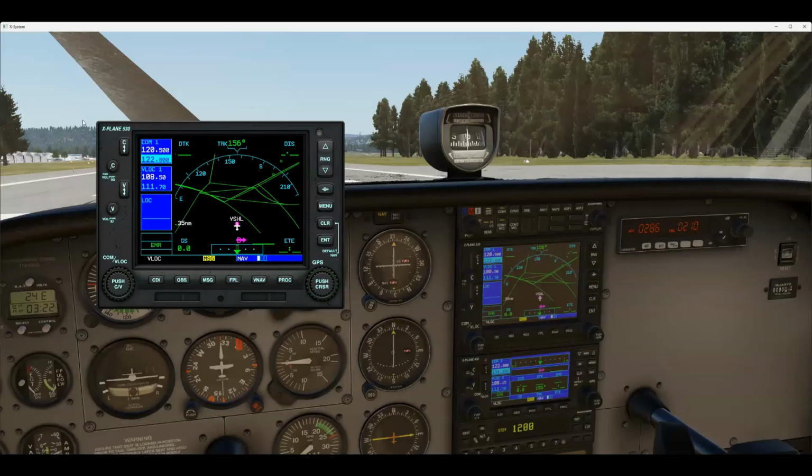Alright, let me explain it quickly. It's quite nice to bring up a full screen version of the device. So we're at Shell Harbour, and we want to go to Nowra. The bottom button is CDI, which basically changes the source selection. VLOC means VOR or localizer, and there's also GPS, so those are the two normal options. OBS is for selecting a particular degree you want to be based on. Messages is for messages, FPL for flight plan,